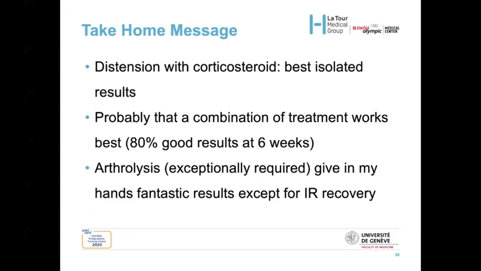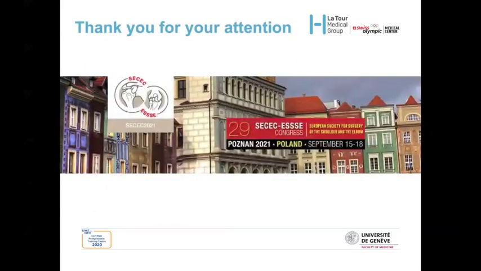It's nonsense. Distension with corticosteroid provides the best isolated result. However, it's probably a combination of treatments that works the best. I have 80% good results at 6 weeks, and I exceptionally do arthrolysis, which can give fantastic results, except